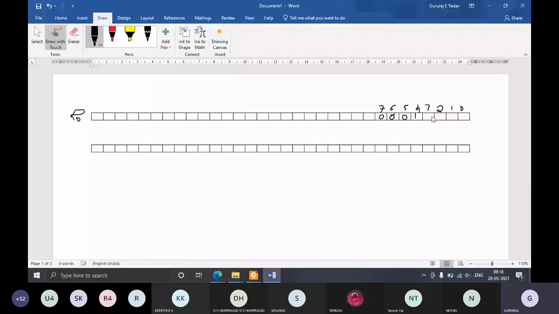Now since it is sign extend, for the remaining 24 bits you have to extend the sign of the first 8 bits. The sign will be the MSB of the first 8 bits, which is bit 7. What is the value of bit 7? It is 0. So you have to extend this 0 to the remaining 24 bits. These 4 bits are 1 and these 4 bits are 2.